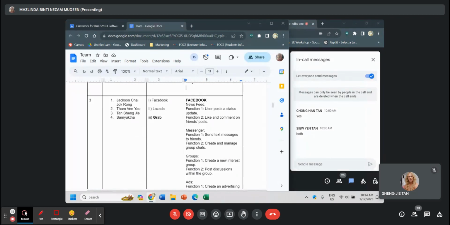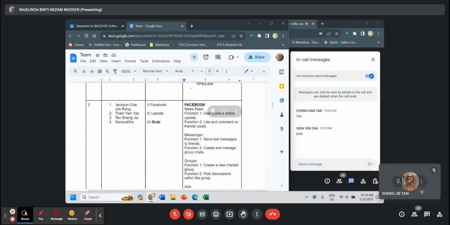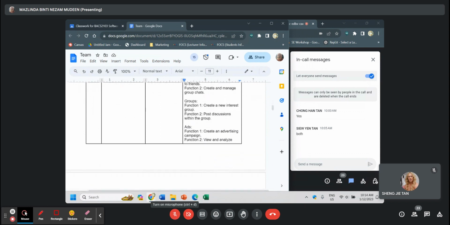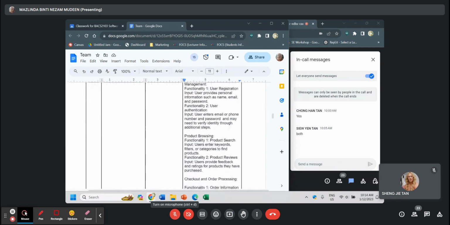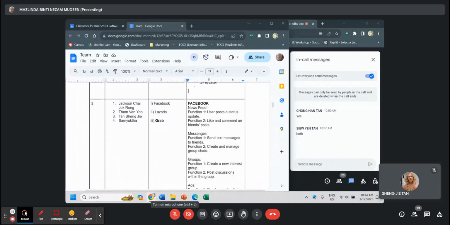Can I know why got three? Have you guys decided or not? Group 3, Jackson, Tam Wen Yao, Tan Shengji, Samyukta. Got three different systems here, and you have listed them now. Because we were scared some of the systems are not suitable, so we just listed out the suitable ones, to let you check now.